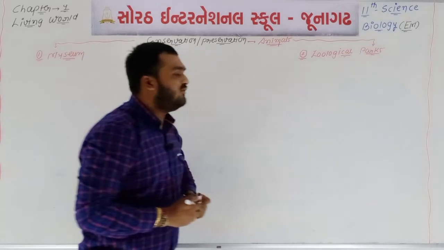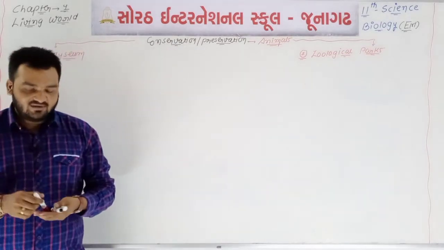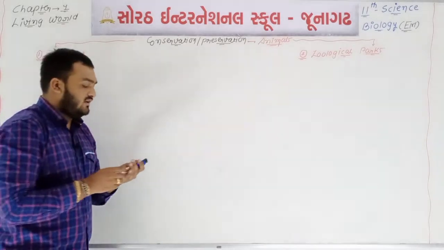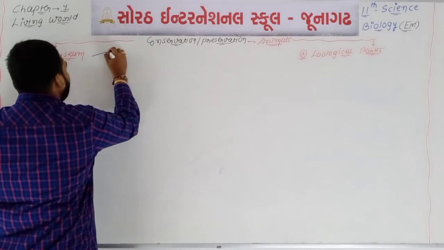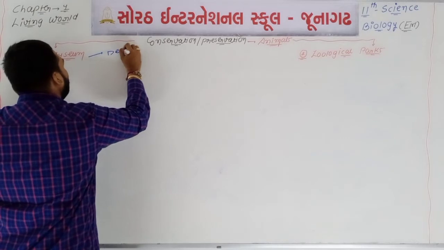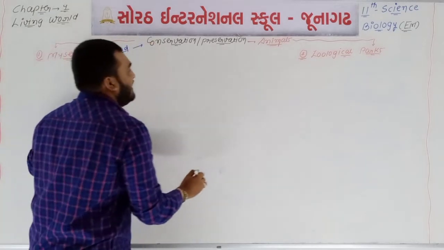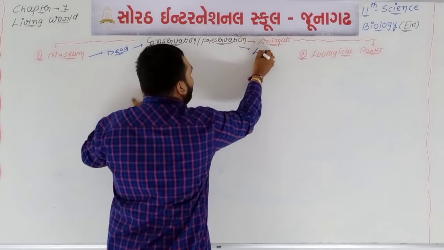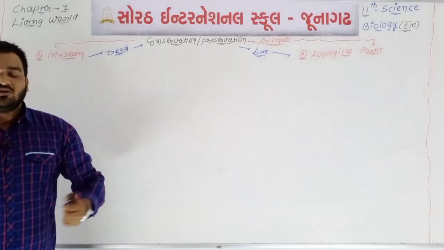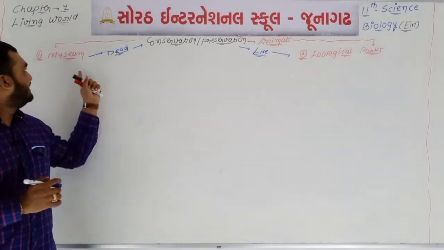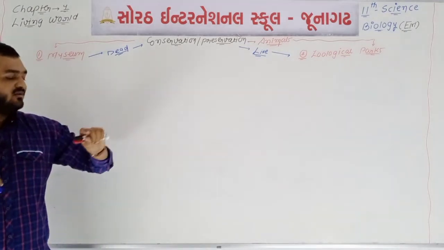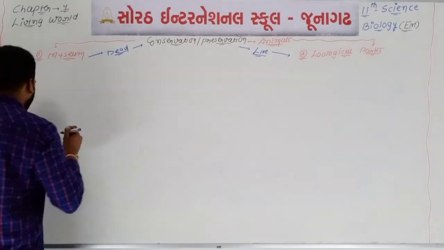So two different types of institutes or methods are there for the conservation or preservation of animals. In a museum, we are able to preserve the dead animals, and in zoological parks we are able to preserve the living animals. Both are important short notes. Dead animals are preserved in museums, and live animals are preserved in zoological parks. So if we write the first point,